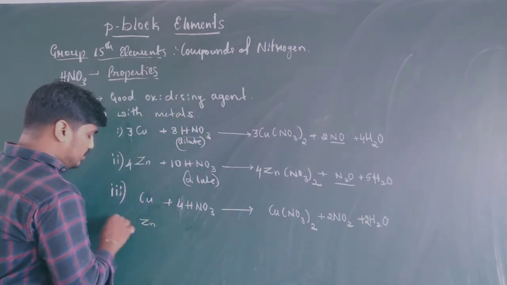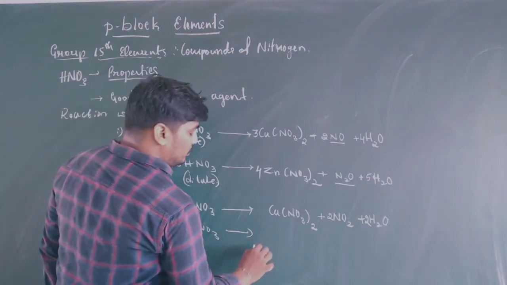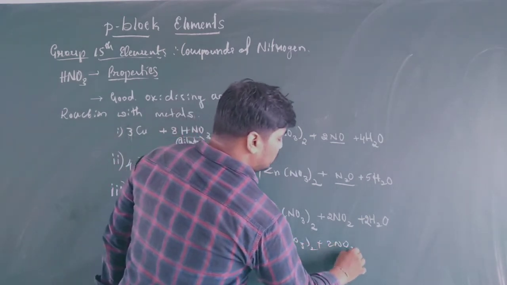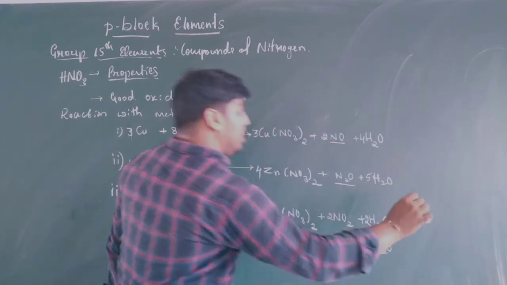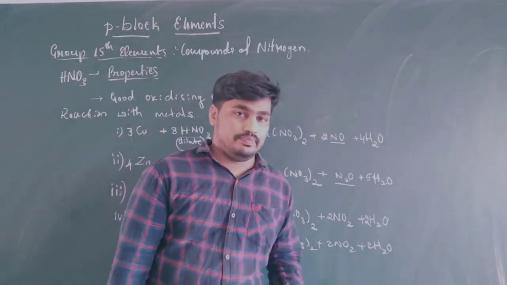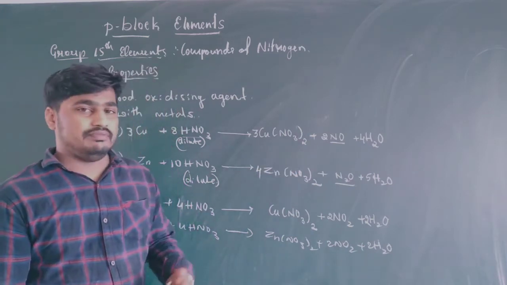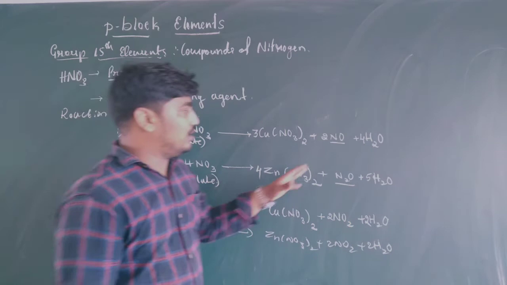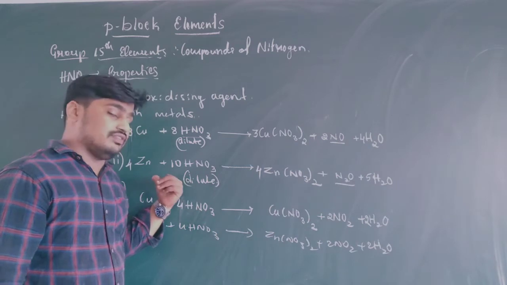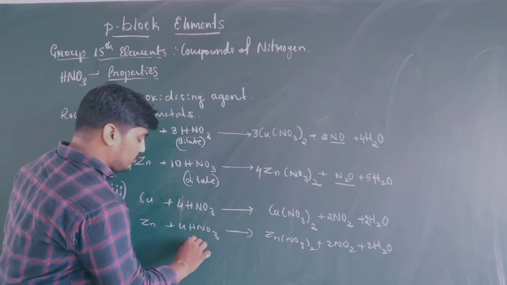Similarly, when zinc reacts with nitric acid, HNO3, it produces zinc nitrate and 2 molecules of NO2 plus water. Here, the question arises in a different way because of the production of different types of oxides. There is a possibility of asking questions: which oxide of nitrogen is produced when dilute nitric acid reacts with zinc, dilute nitric acid reacts with copper, and concentrated nitric acid reacts with